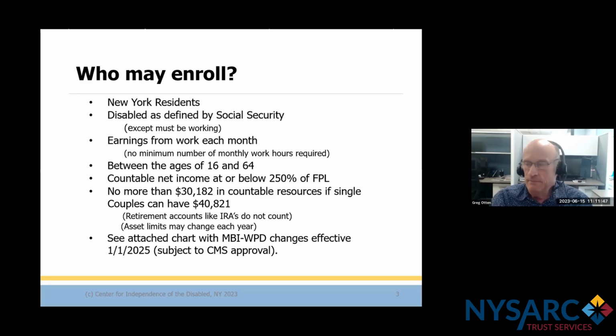However, it's a bit paradoxical because the MBI uses that definition, but in this case, you must be doing work, and it can be over the substantial gainful activity amount. So the only way I can wrap my head around this is that they use the same basic evaluation process as Social Security, same basic medical types of impairments, but there has to be some work. So beyond that, can't explain the paradox.